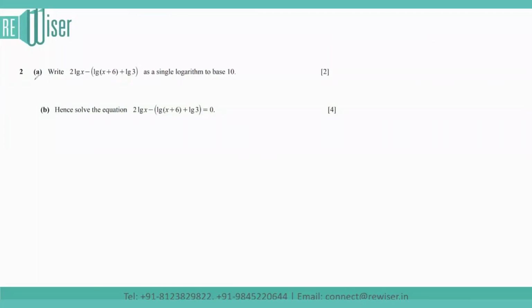Hello students, question 2a says write 2 log x minus, in the brackets, log of (x + 6) plus log of 3 as a single logarithm to base 10. So lg x means the base is 10. That means we can write it as 2 log base 10 x minus, I'll apply the log property